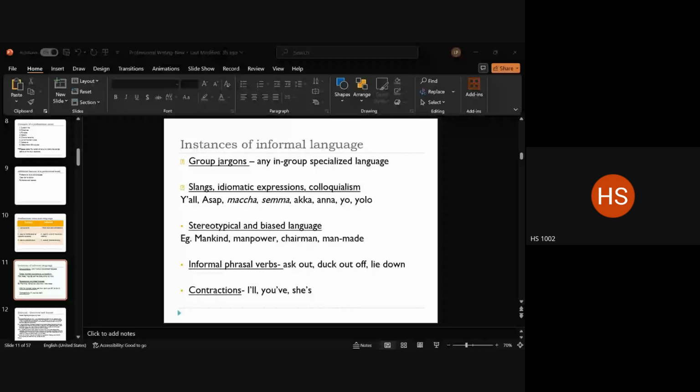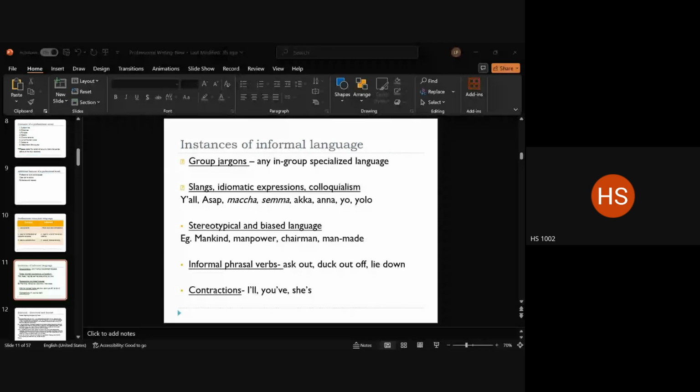Third variety: stereotypical and biased language. Now, these days, people are very, very strict about the use of biased language. The bias could be encoded in the language in terms of gender, in terms of race, in terms of ethnicity, in terms of religion, in terms of caste, or in terms of disability, right?